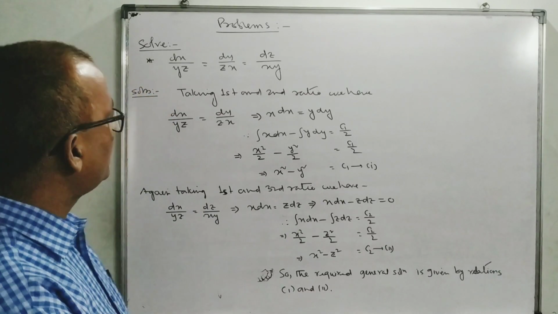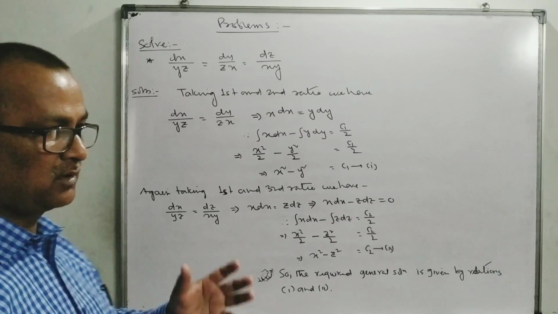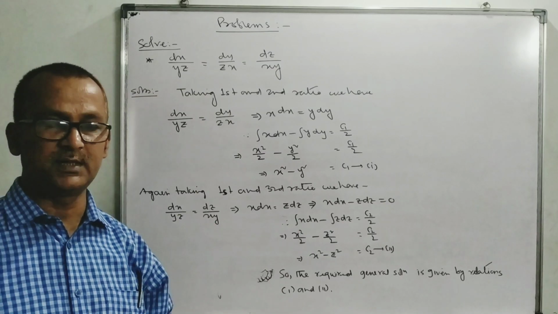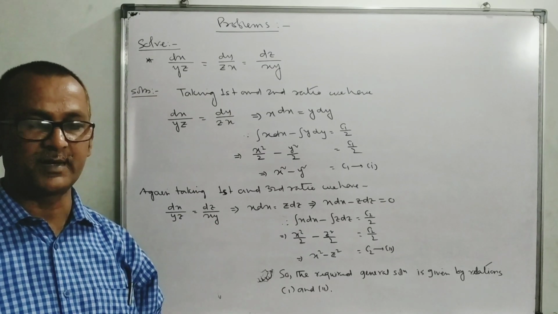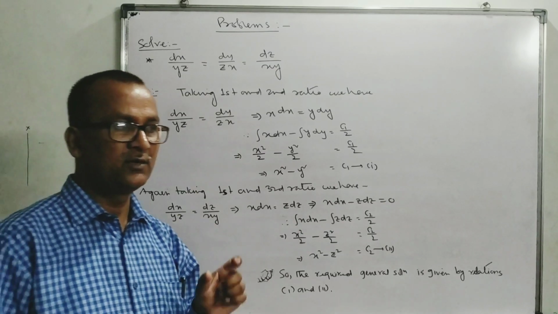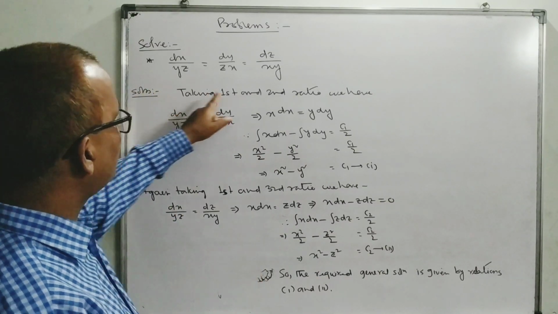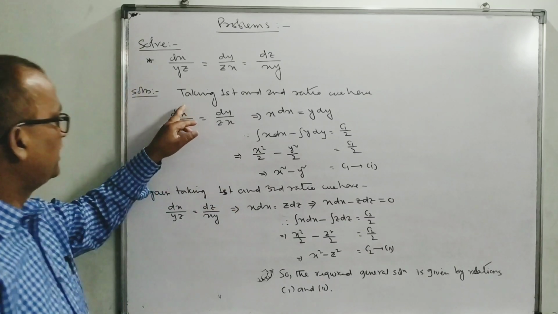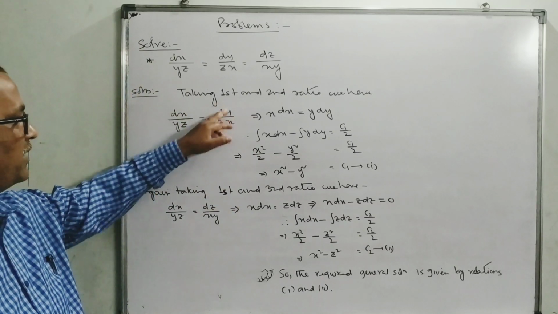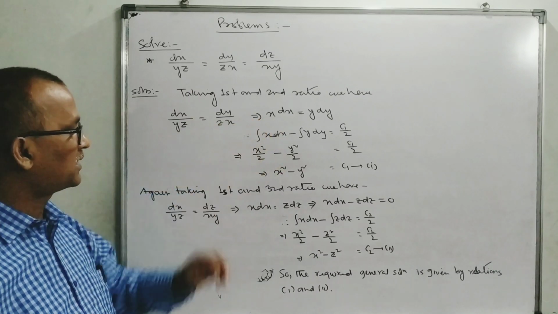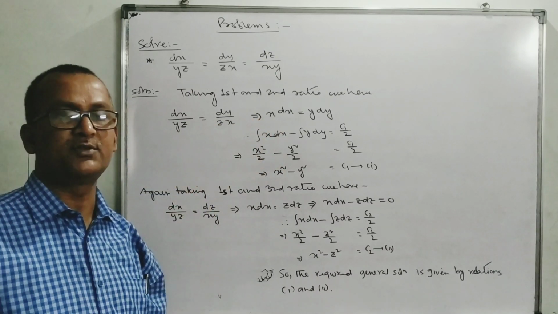So from this equation we have to make two equations, u1 equal to c1 and u2 equal to c2, where u1, u2 are functions of x, y, z. So we have to take two ratios. From here observe that if we take the first and second ratio, we get dx by yz equal to dy by zx. So here z is cancelled, cross product and transferring the term, and then integrating on both sides.